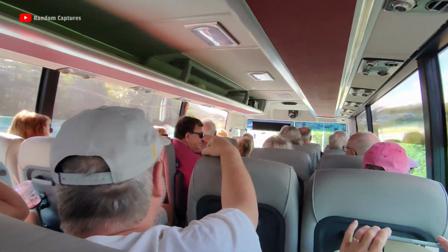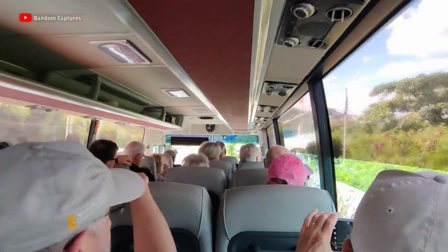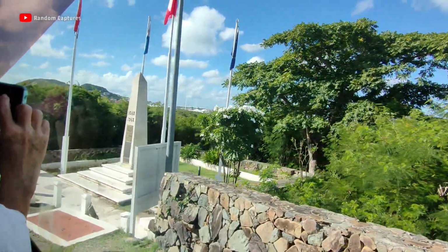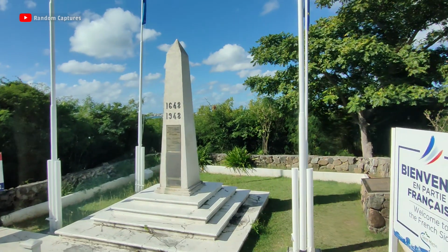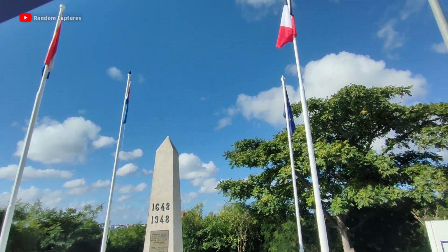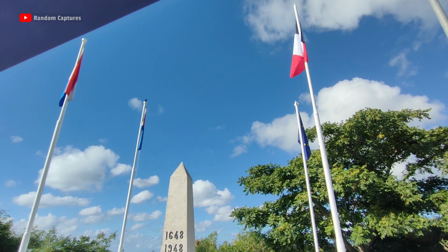We have the French flag. We have the Netherlands, the one with the star, the European flag, and the other one is the Dutch St. Maarten flag. That one represents St. Maarten 48. We have around 370 years of unity. Every year on the 11th of November, the governors will be at the border to hold a ceremony in order to